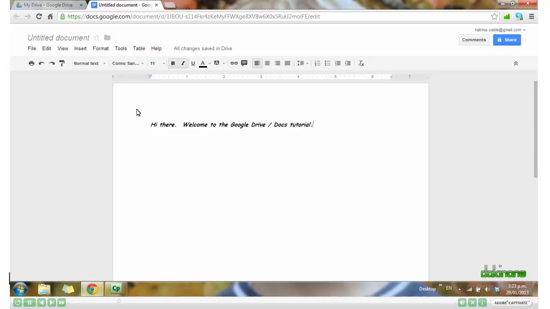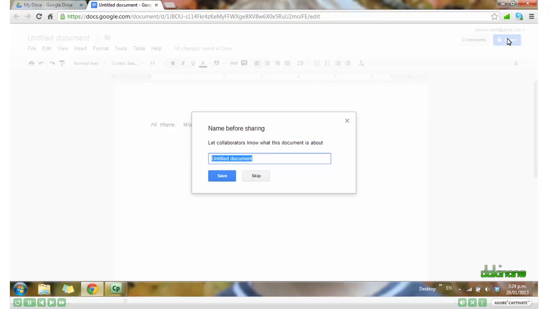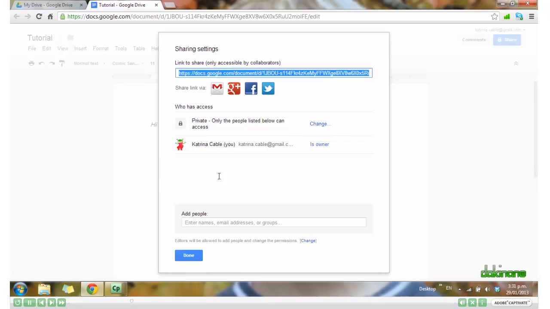Now the beauty of Google Docs is that you can share it and have other students working on it at the same time. So let's go and click Share. And it asks you to give it a name. Save. And then here's the link that I can paste into my wiki or blog for my students to directly access